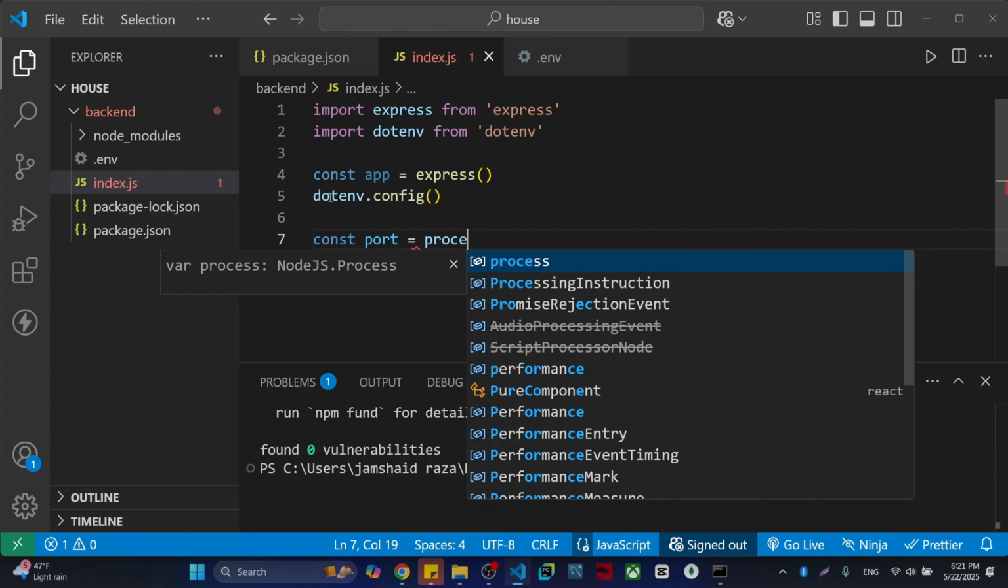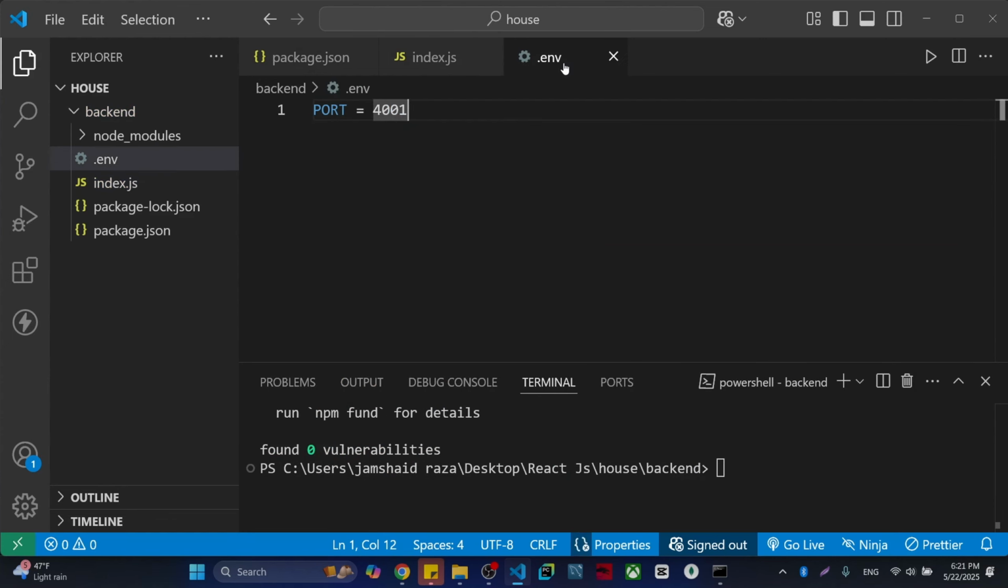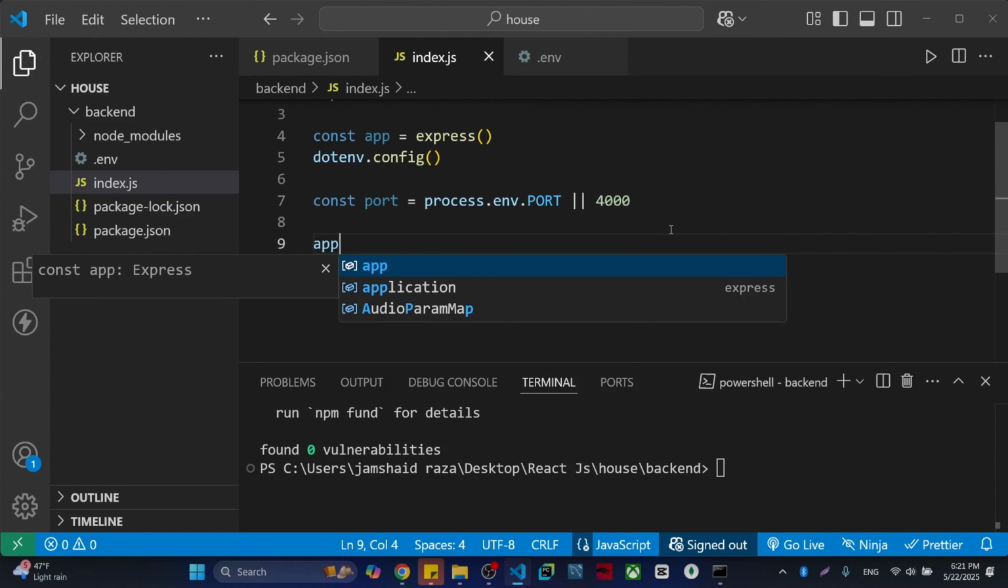Port is equal to process.env.PORT, which we are going to call here. If that port may be reserved, then it should bring 4000. Now what else do we need? We need